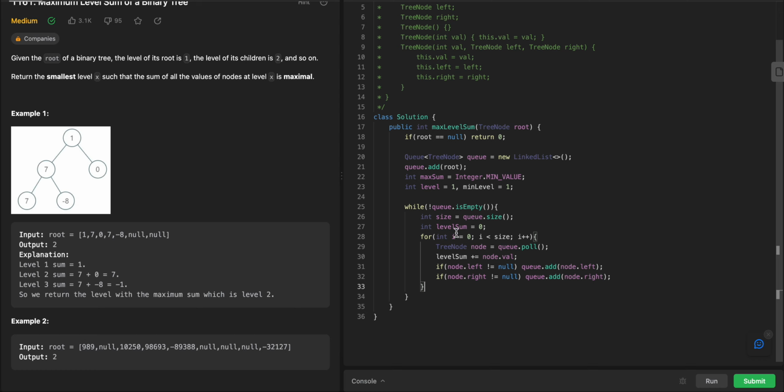to the queue, but this child won't be processed until we process all the nodes in the previous level. So when we come out of this loop, that means we are done with that level, right? Then what we need to do is check if the level sum is greater than the max sum. Then we need to update our max sum